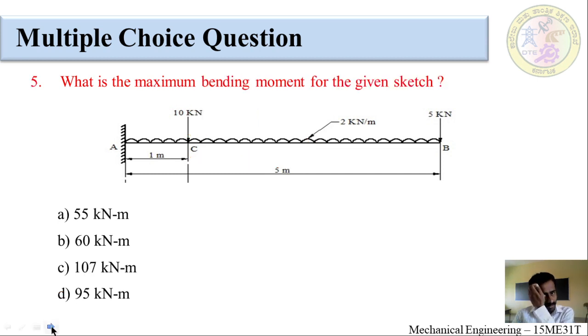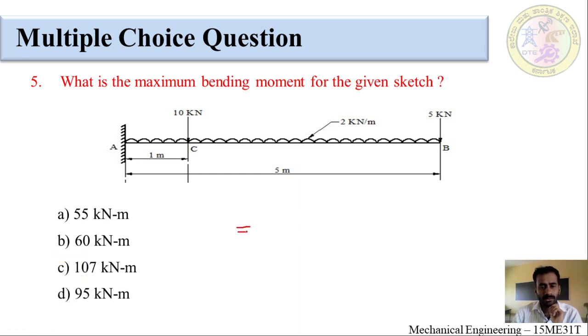The next question, what is the maximum bending moment for the given sketch? Usually for a cantilever beam, the maximum bending moment occurs at the fixed end of the support. Hence we have to calculate the bending moment at A. At this point there will be a maximum bending moment. Hence, the bending moment at A